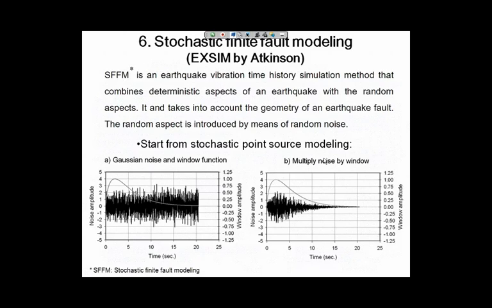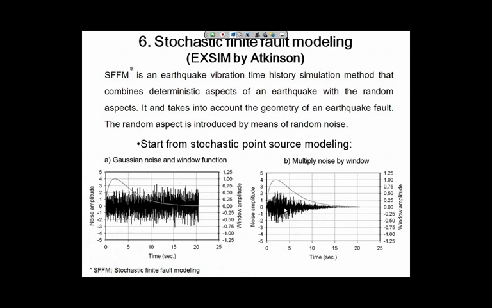And the final one is from Atkinson, that they call the EXSIM. And this has been used by many people. The method is quite simple. It's basically the Boore 1993 approach to generate a random variation of shape, this shape function using Boore 1993, and to come up with